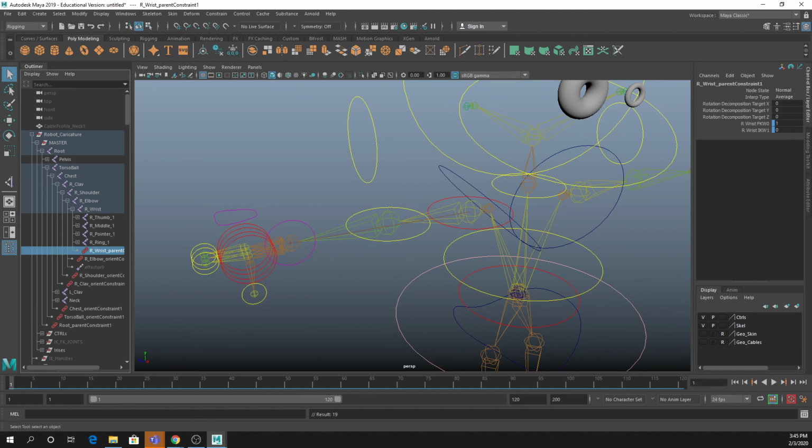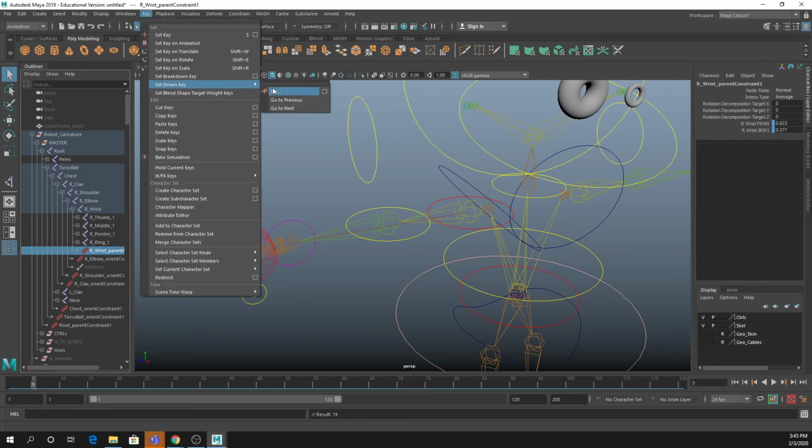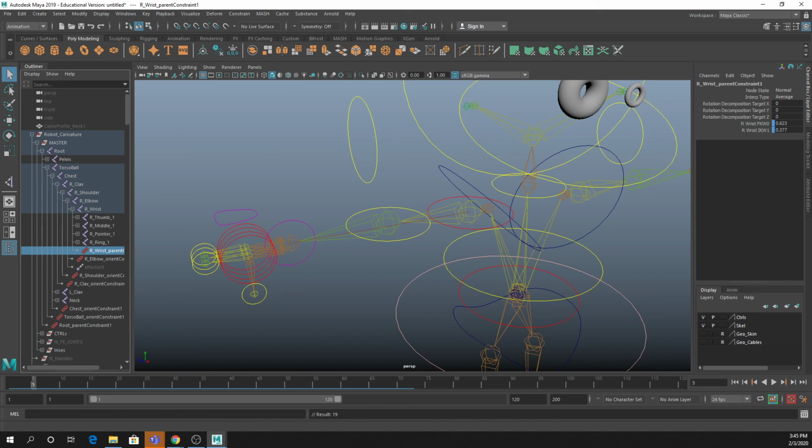You can see this is basic FK functionality, so the wrist is being controlled by the FK control. And as I toggle through, it's theoretically scrubbing between them. You can see that as I scrub, it becomes dominant where there's no FK control and it's behaving totally as IK, and you get that nice interpolation between them. So all I did for that is just go into the animation menu, key, set-driven key, set, and